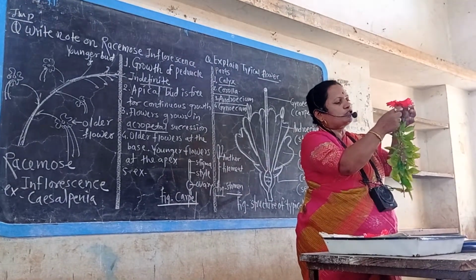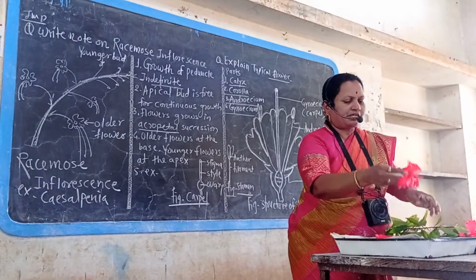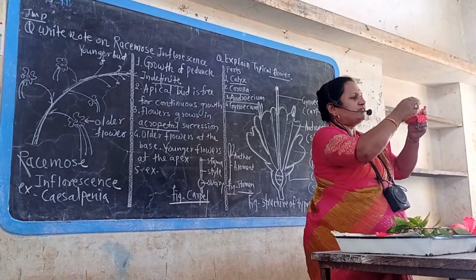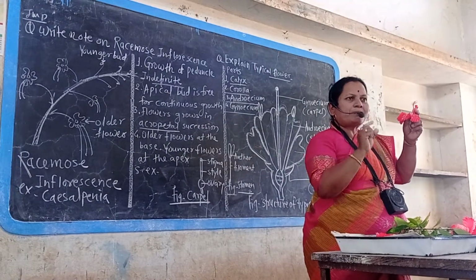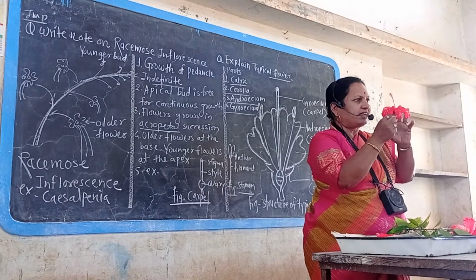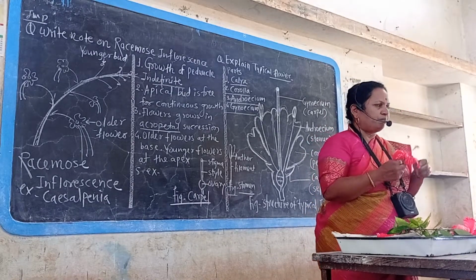Calyx is the outermost whorl of a flower. That means there are two accessory whorls and two essential whorls. What is the main purpose of flower? Sexual reproduction and production of fruit. That means that flower is converted into fruit.